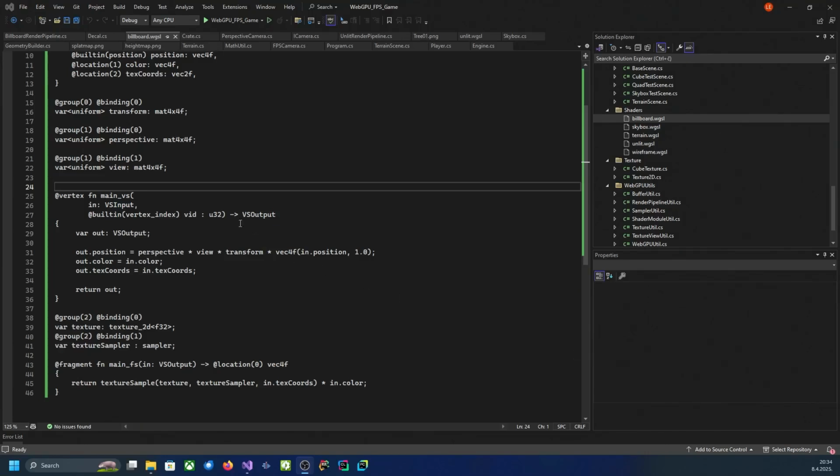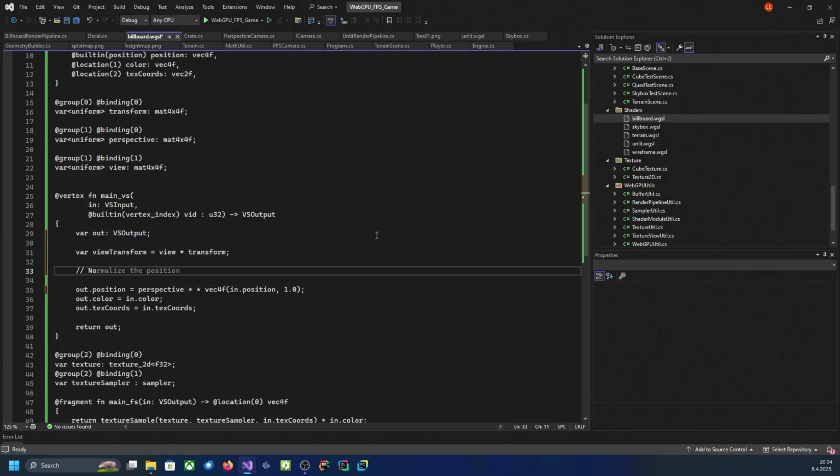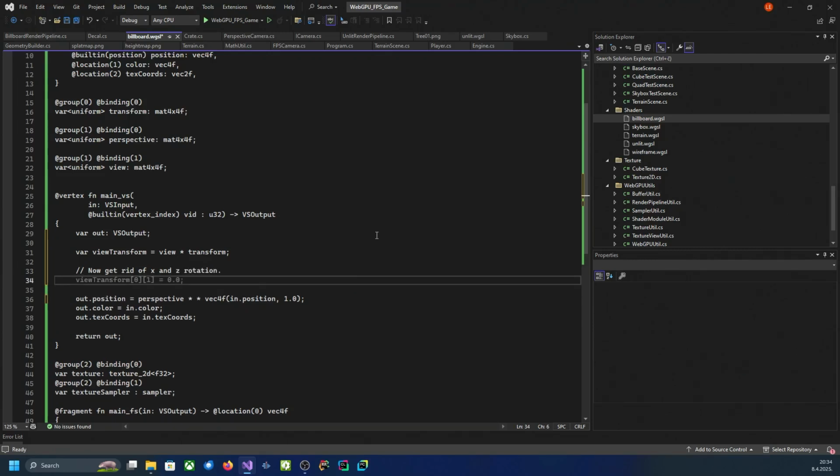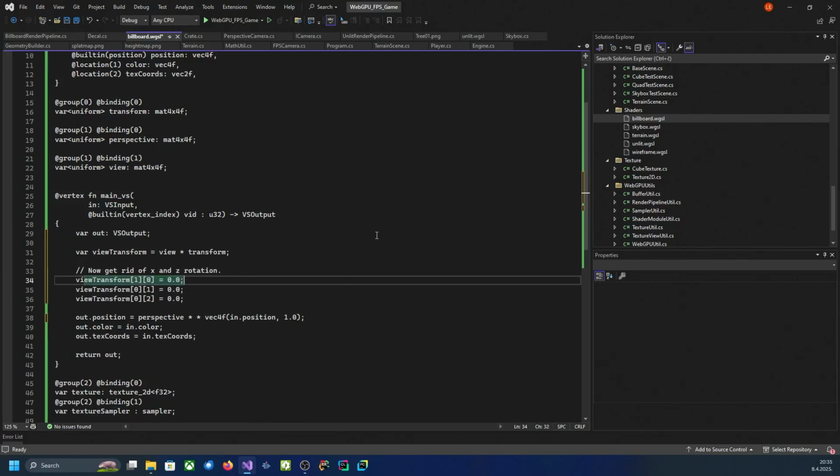Okay, let's try to do this. I'm going to explain it a bit later, or as I code. But what we need is the view transform matrix. So we're going to get this and then just create the view transform. And now get rid of X and Z rotation. So this is a good suggestion, but of course for this I just want to keep scale. And where is our scale? If you remember, our scale